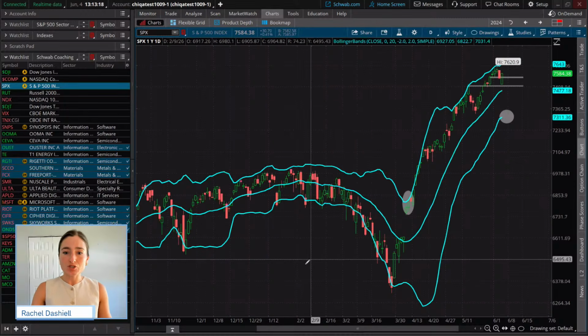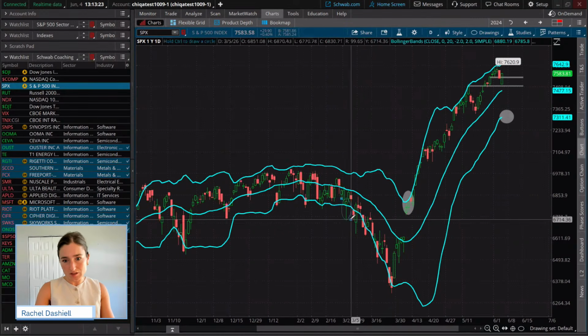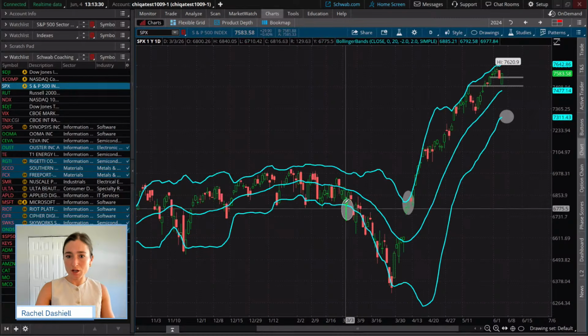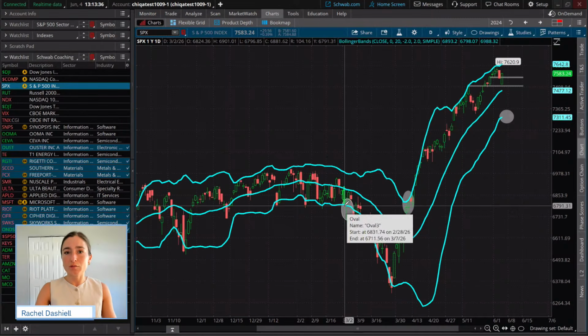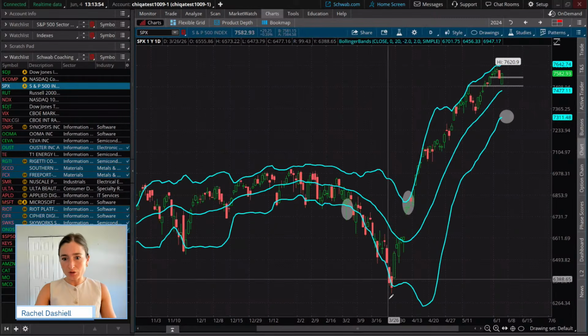So what a bearish trader would have done in this case, when they saw the bands curving over and this really clean break of that lower band, is take a bearish position, or we could say a short position. Keep in mind that there are risks with short selling. You have unlimited max loss because the stock could go up to infinity. So keep in mind, you do have some risk there, but maybe you're using options or other instruments to take a bearish trade here. You would have taken a short position here and rode it all the way down.